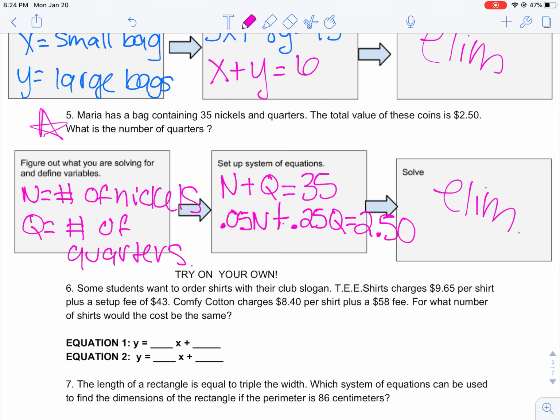This type of problem will definitely be on your EOC and on your tests and your quizzes. So make sure that you ask any questions if you are struggling with how that one was set up. All right, there's some that I want you to try. If you have any